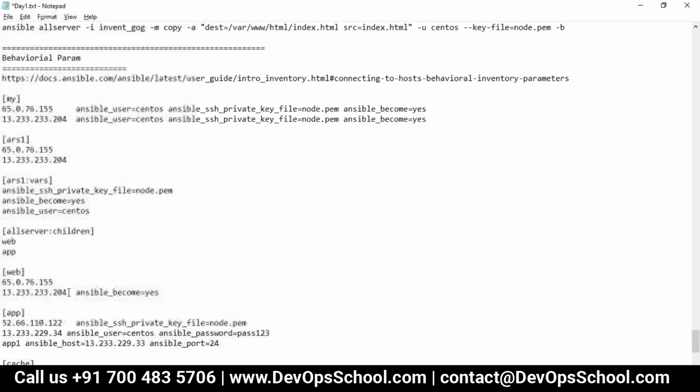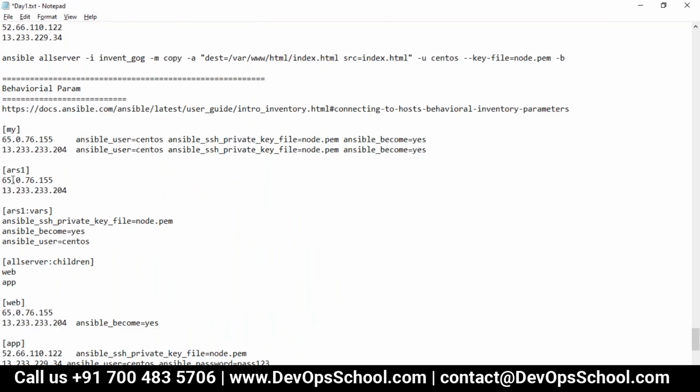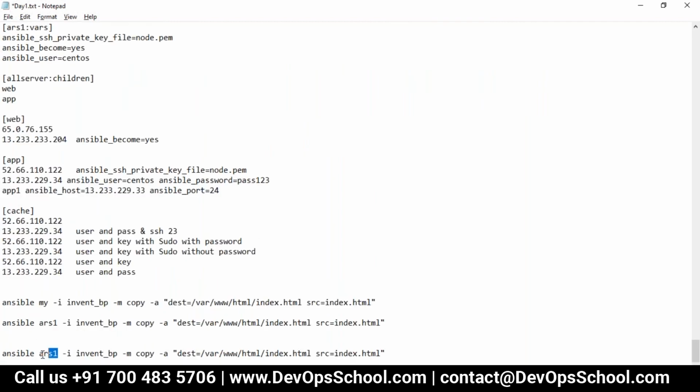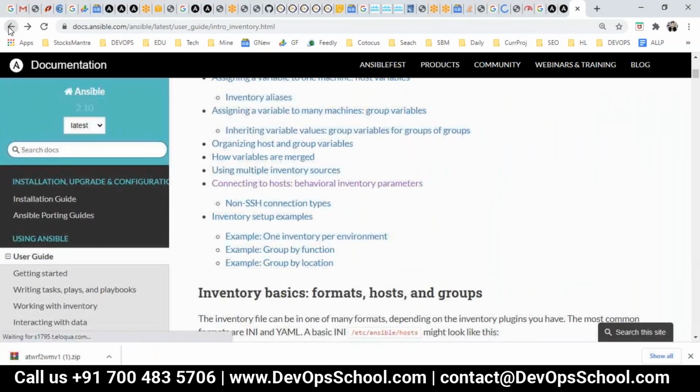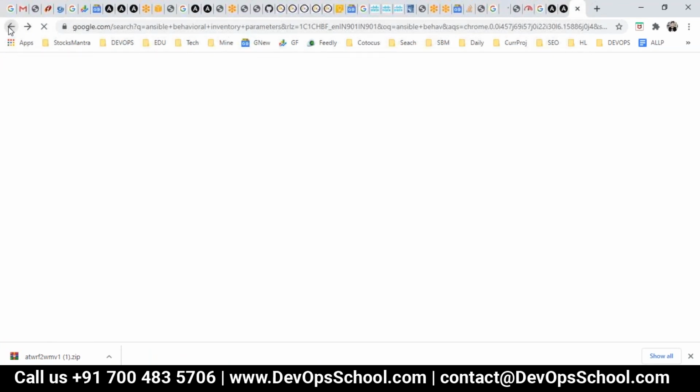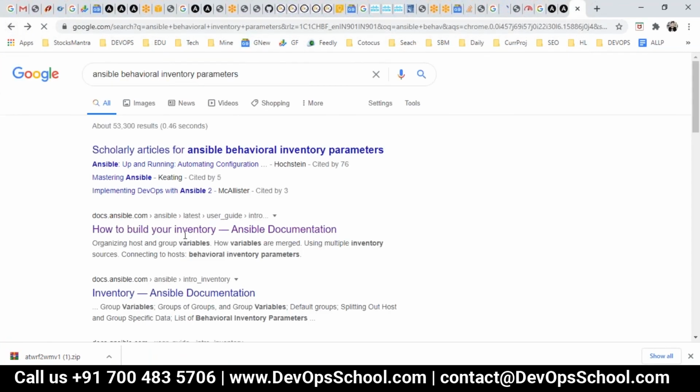See, a few more flavors I would like to teach you here. Let's say there are my and web groups, and you want to execute on my and web together, like this. By the way, I have one URL about patterns which I showed you last time. Where is that?